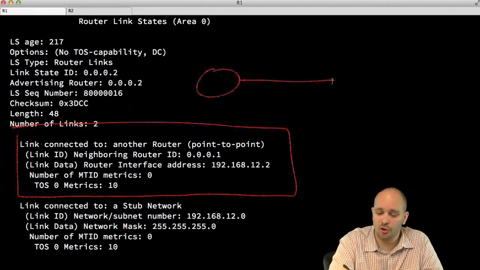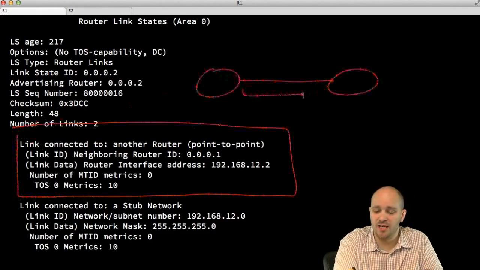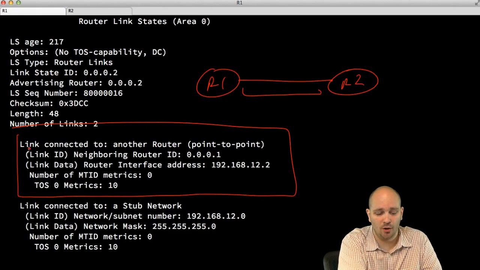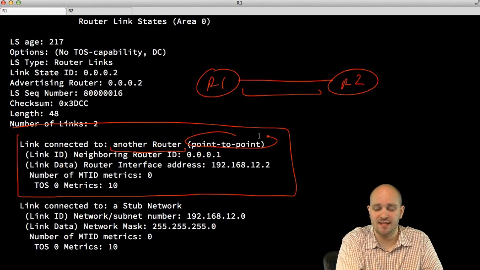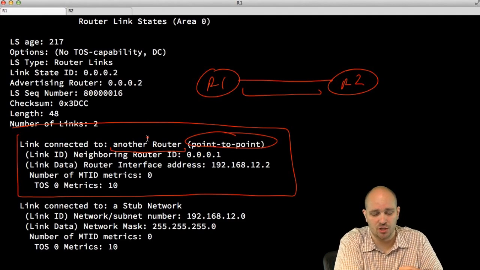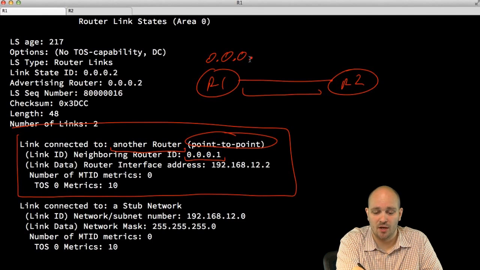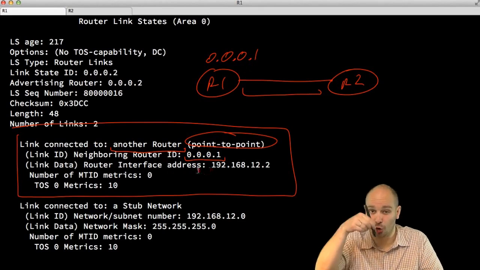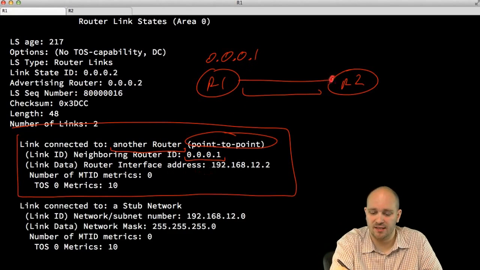describes, from R2's perspective, the relationship between R1 and R2. If we take a look at it, it says here that the link is connected to another router. It says it's a point-to-point relationship. And we have the information about the neighbor's router ID, and we know that neighbor's router ID is 0001, and the router's interface address, this is our local router's interface address here, is